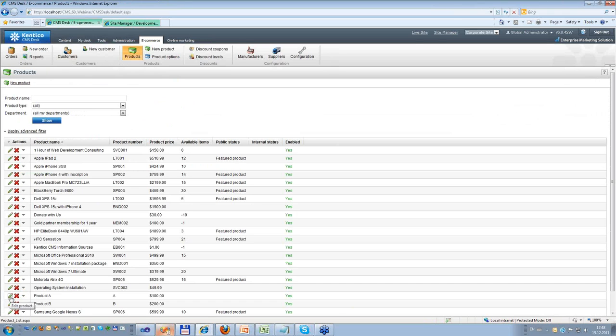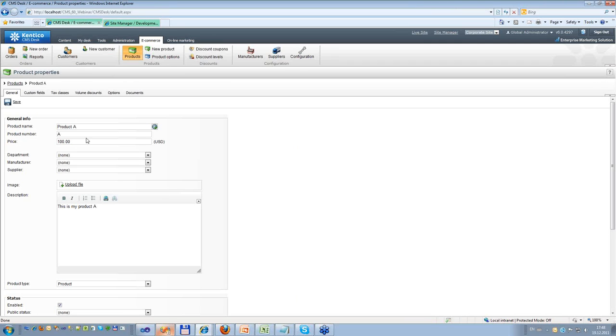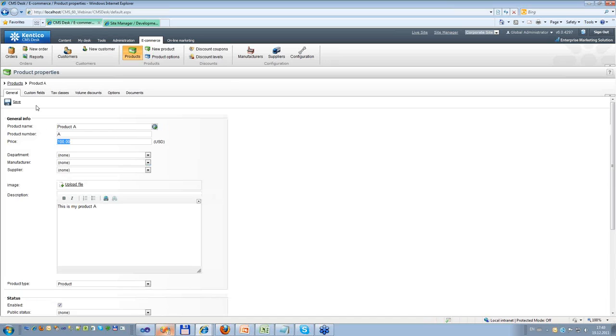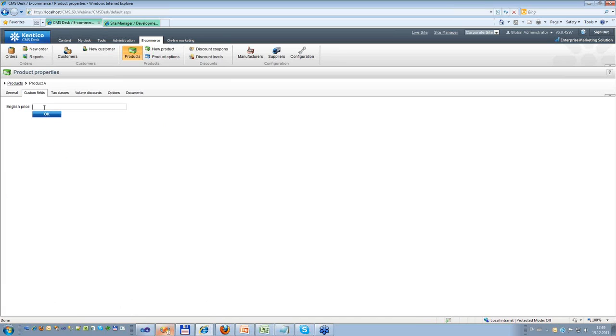For example, product A and B. Here is the custom fields tab. It's normally hidden, but when you add at least one field, it's visible. And here is the list of all your custom fields. I've added only one, so this is my custom field. Let's say the normal price is 100, but the English price, or the price for all the customers who select English culture, will be 120. And as you can see on the live side,